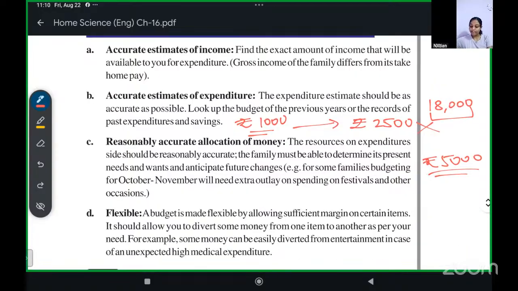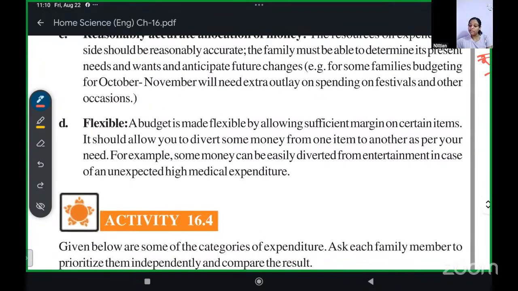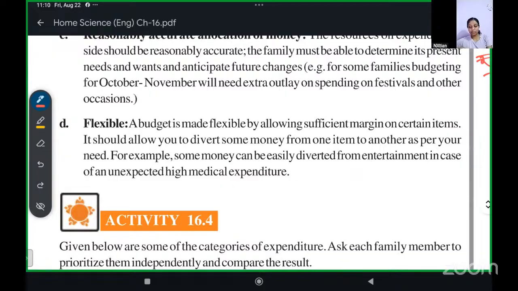Then flexible. A budget is made flexible by allowing sufficient margin on certain items. It should allow you to divert some money from one item to another as per your need. For example, some money can easily be diverted from entertainment in case of an unexpected high medical expenditure. So it should be flexible, meaning that if an unexpected expenditure comes,